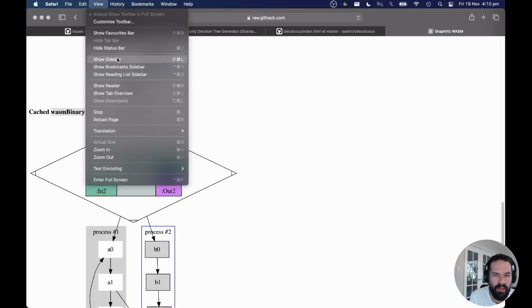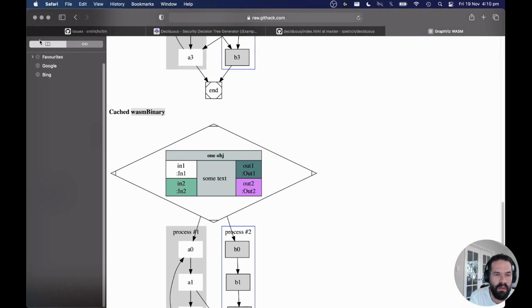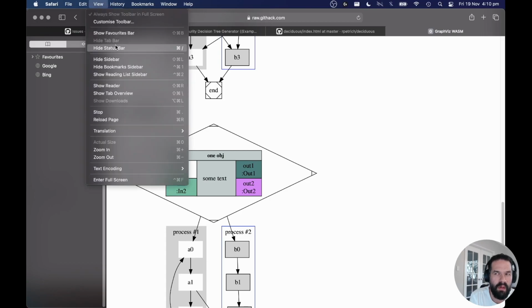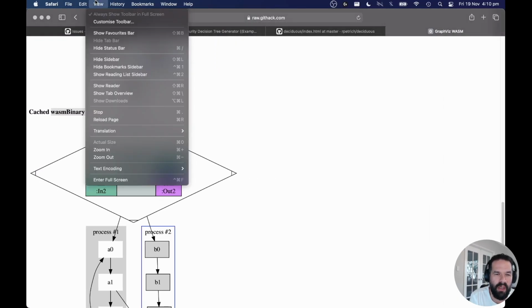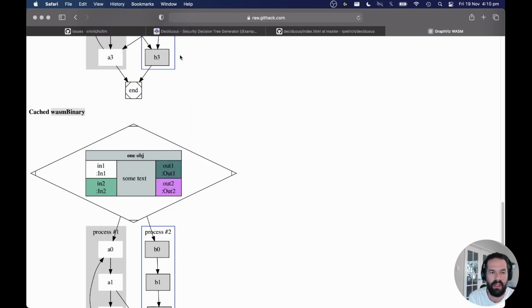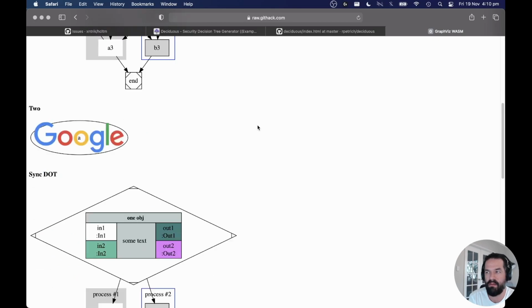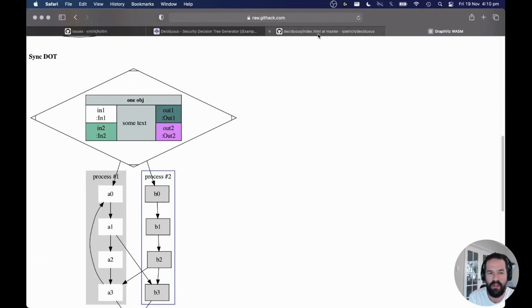Oh wait, show sidebar? No, that's not what I want. Oh my god, computers. Okay, I actually don't understand. Safari apparently doesn't have DevTools. That doesn't seem right. Anyway, these pages, they're literally just raw dot